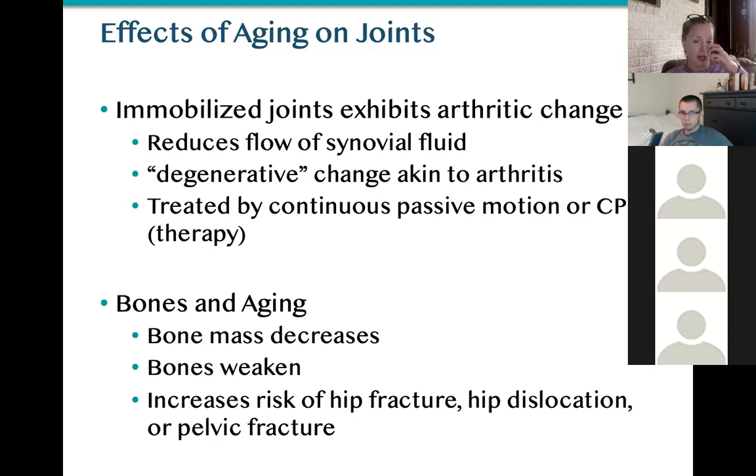And as we age, our bone mass decreases. We went through this with osteopenia and osteoporosis, which can also weaken your bone and increase the risk of hip fracture, because also you get a little bit more unsteady, your nerves are not functioning as well, and people fall down, and you fall